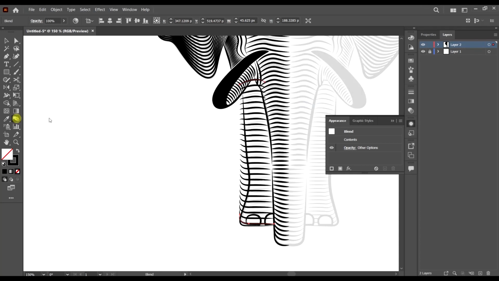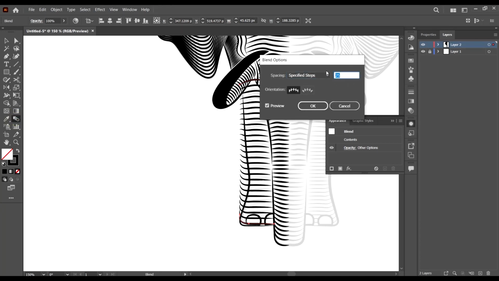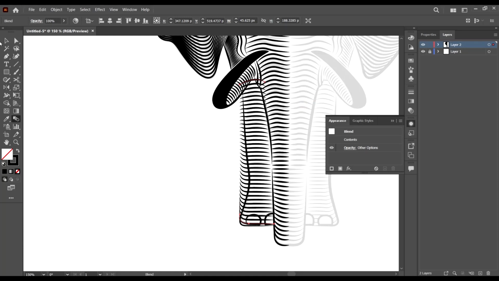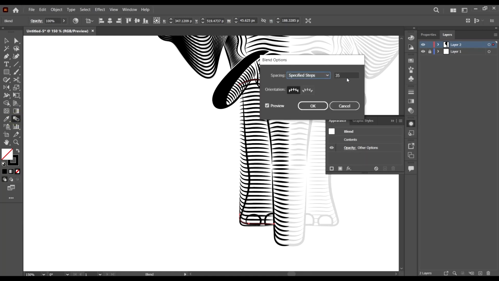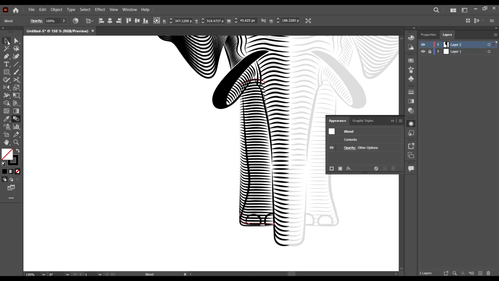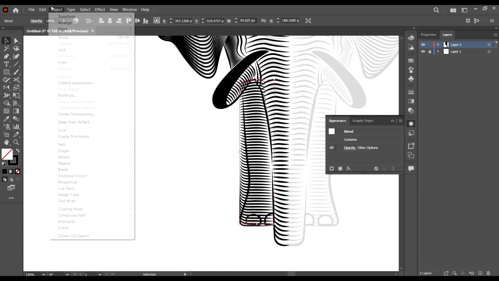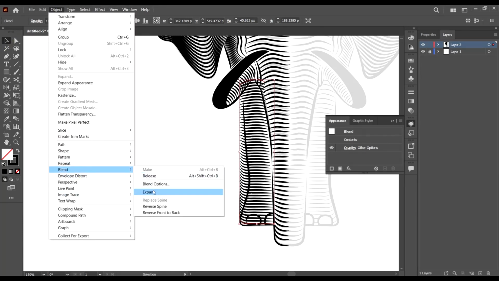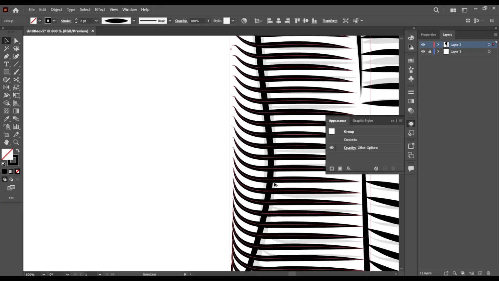And I feel we should make them even more. Let's make them 35. Okay, I think we should make them even more, so let's make them 50. And yeah, I'll just leave them at 50 and go to objects, blend and expand, and then we trim